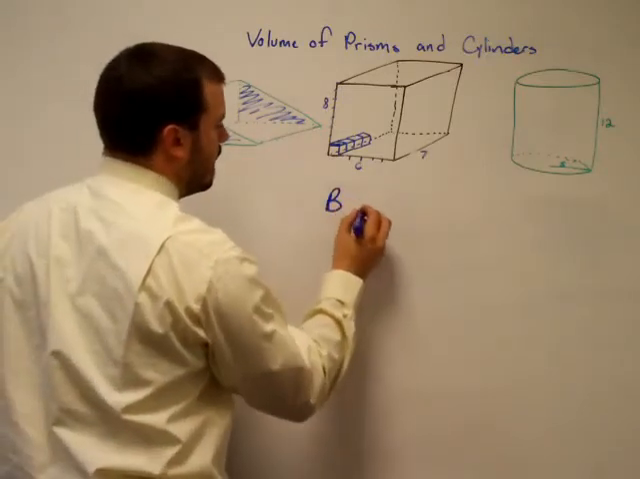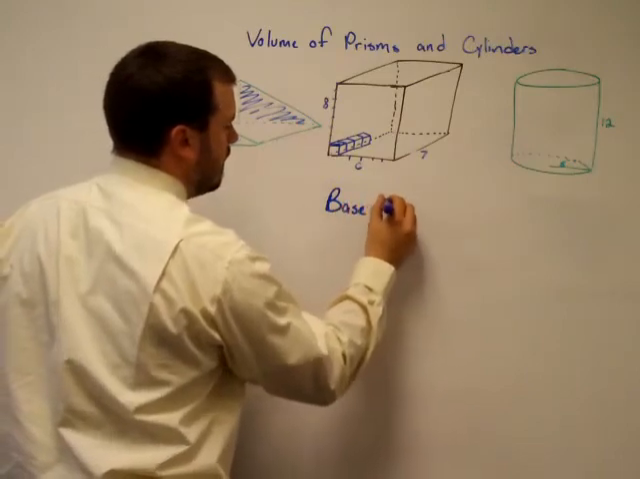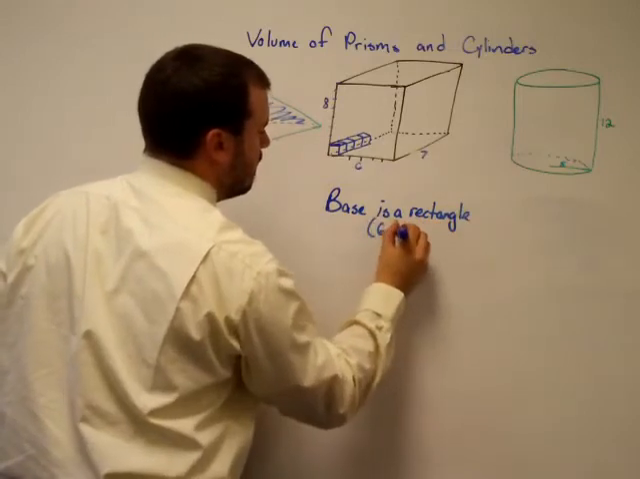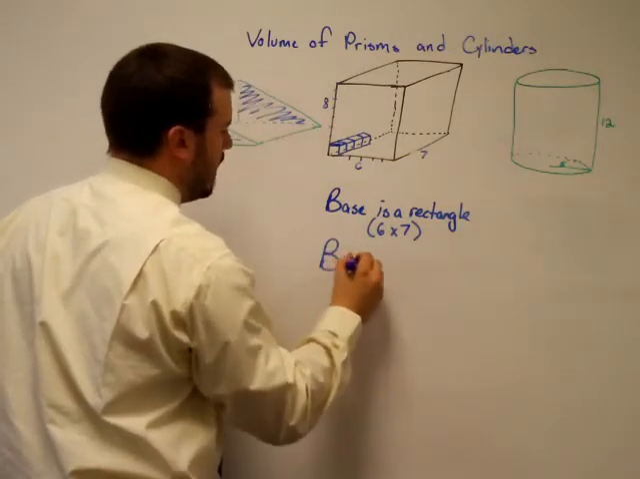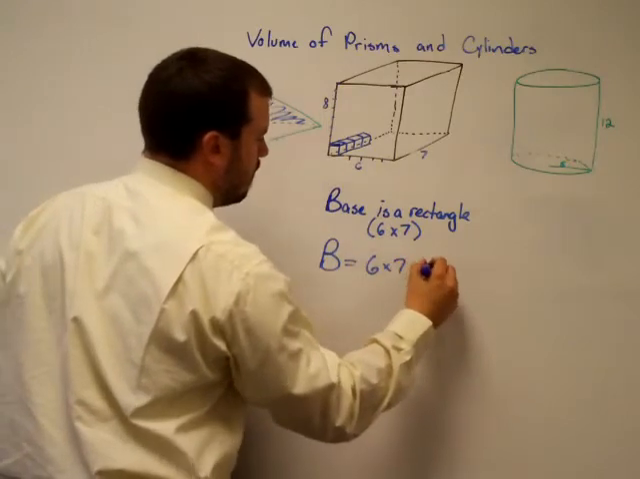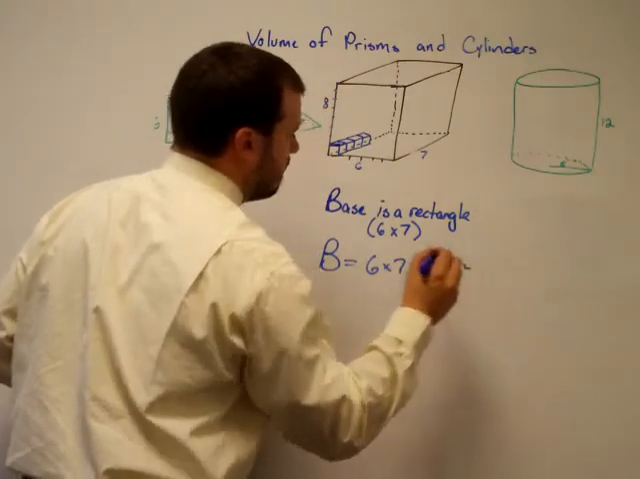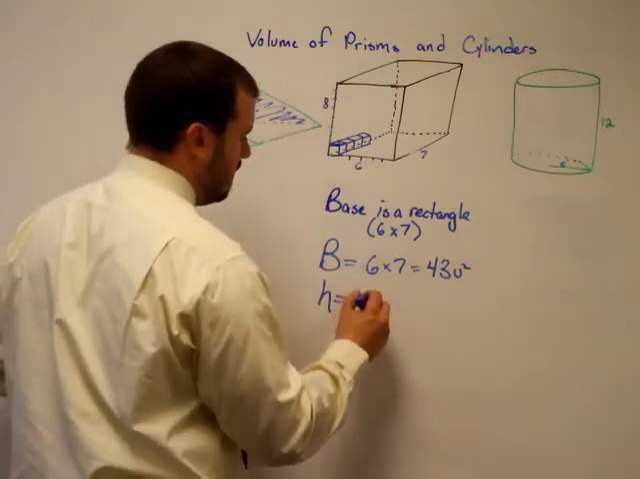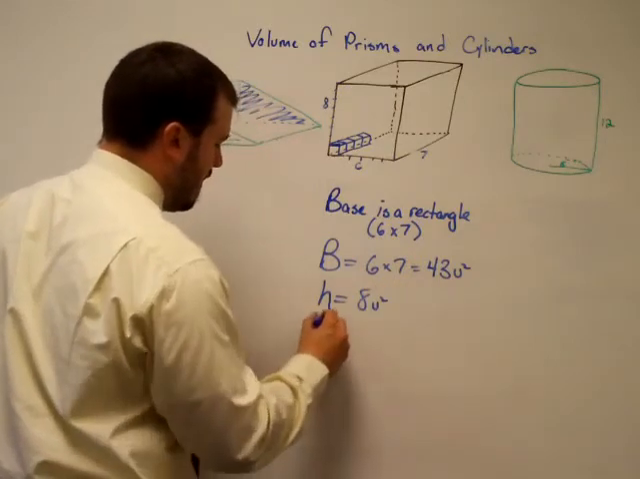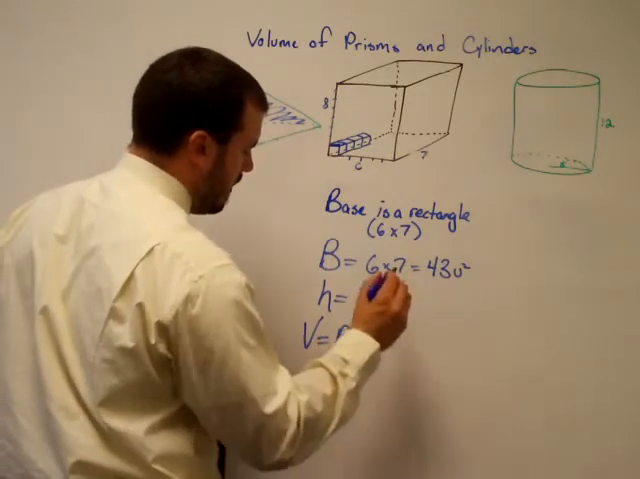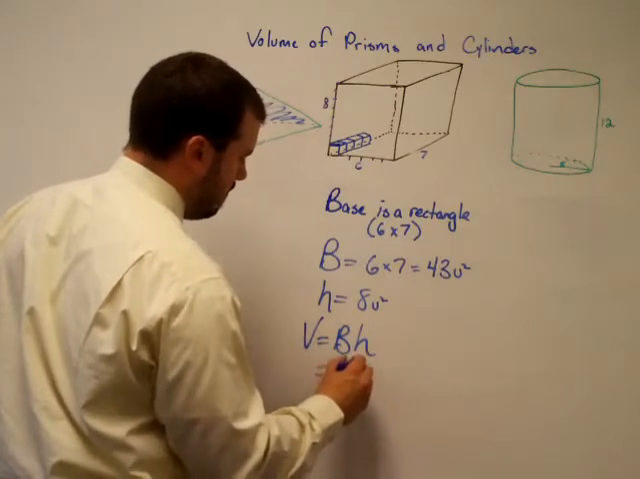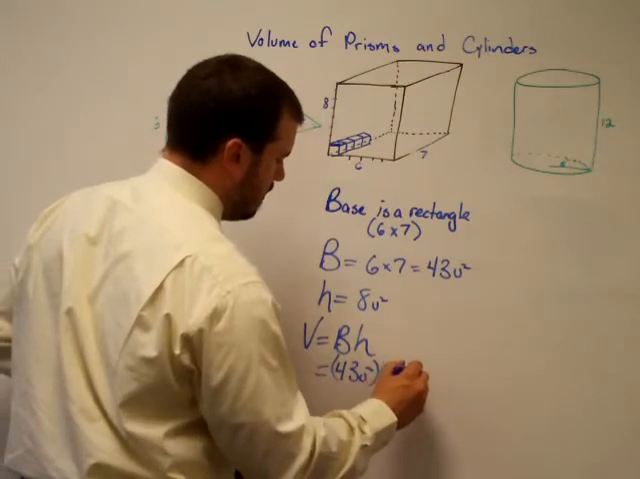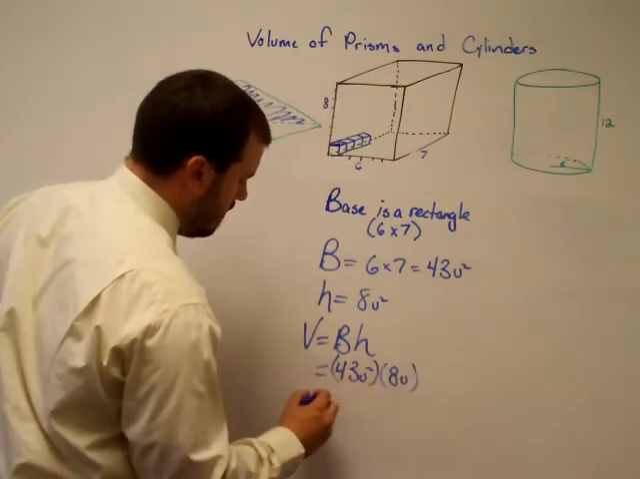The first thing I would do is identify my base. The base is a rectangle and its dimensions are 6 by 7. So the area of the base is equal to 6 times 7, or 42 units squared. And then the next thing to identify is my height, and my height is 8 units. So my volume is just the area of the base times the height, or 42 units squared, times 8 units for the height, which is